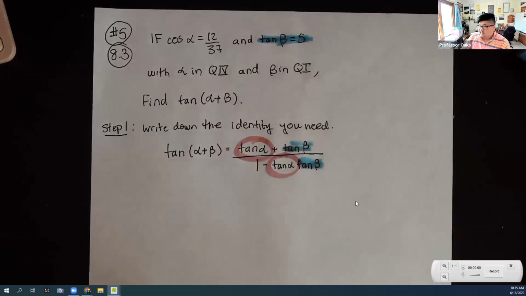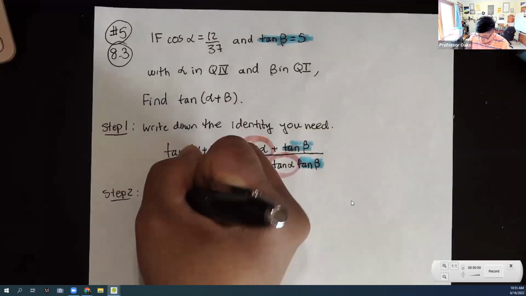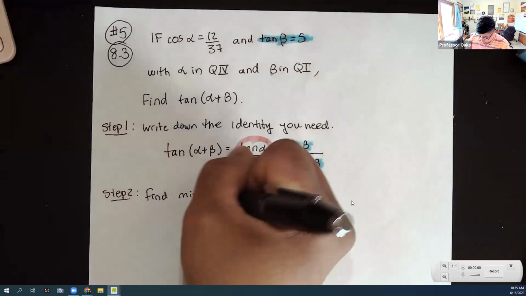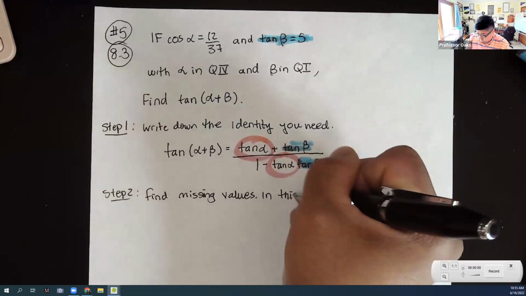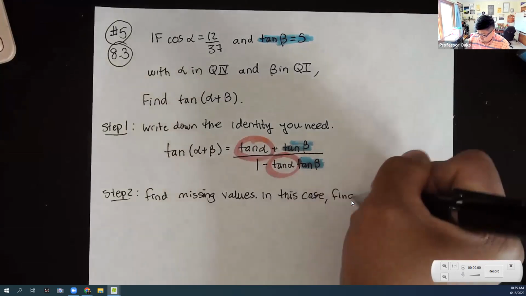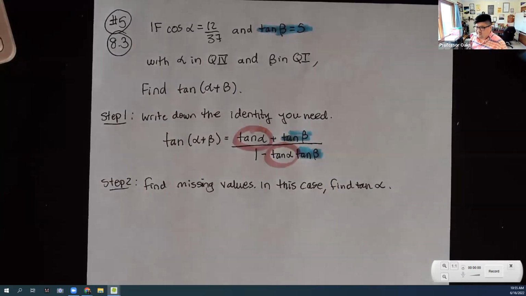So for step 2, we're going to find the missing values. In this case, find the tangent of alpha. Like I said, I think that was actually an easier one, given that they told you tangent of beta. If they would have said sine of beta or something, it would have been a little bit harder because you would have to find the missing side to still find the tangent of beta. But here,